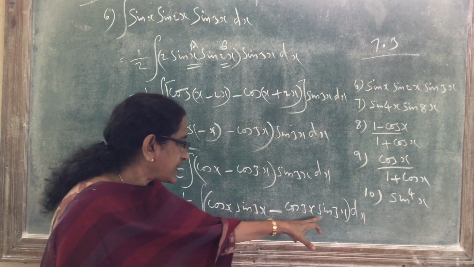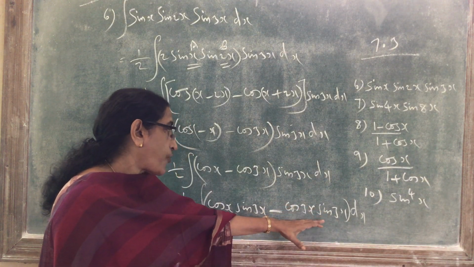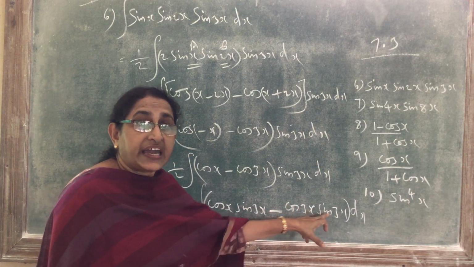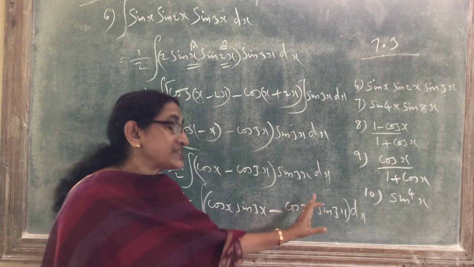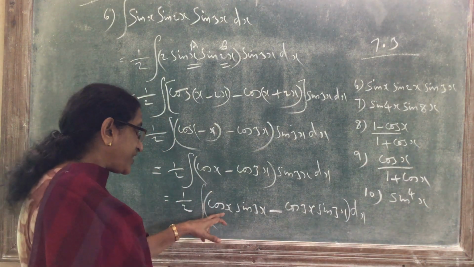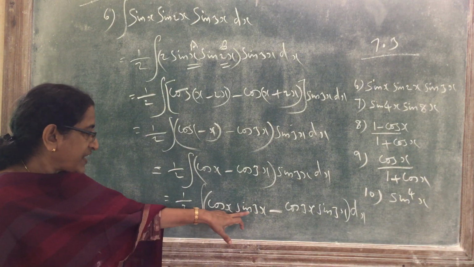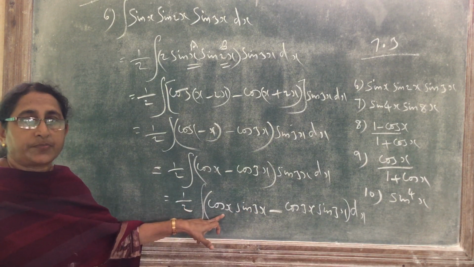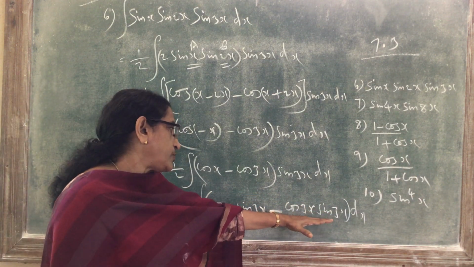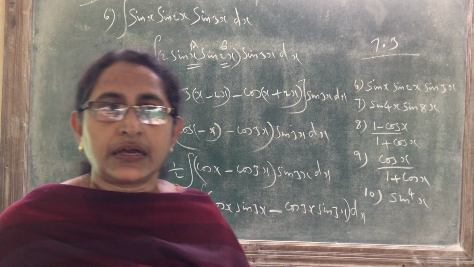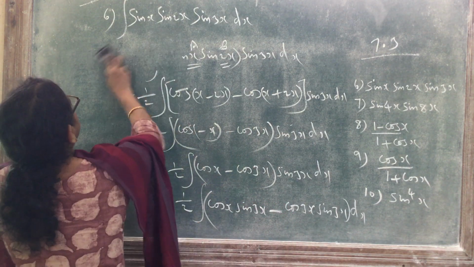Here there is one specialty. See here, sin 3x and cos 3x are both the same angle, 3x and 3x, so we can make it in the form 2 sin a cos a. What is 2 sin a cos a? That is sin 2a. Now how to integrate the other function? These are different angles, 3x and x, so we can use the formula 2 sin a cos b. To integrate this function, we use 2 sin a cos b, and to integrate the other function, we use the formula 2 sin a cos a. Then applying these identities, we have to integrate. So now we'll do the next step. What is the next step?